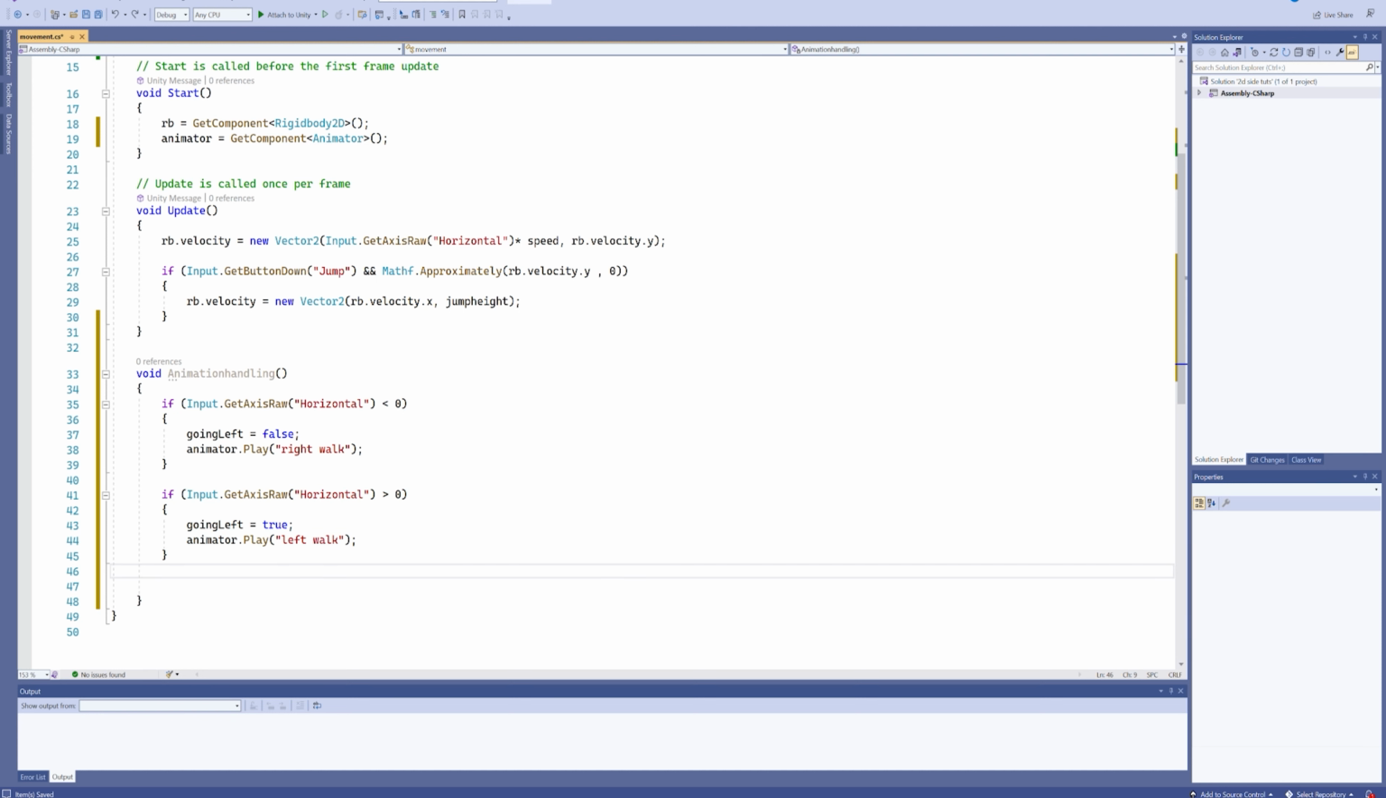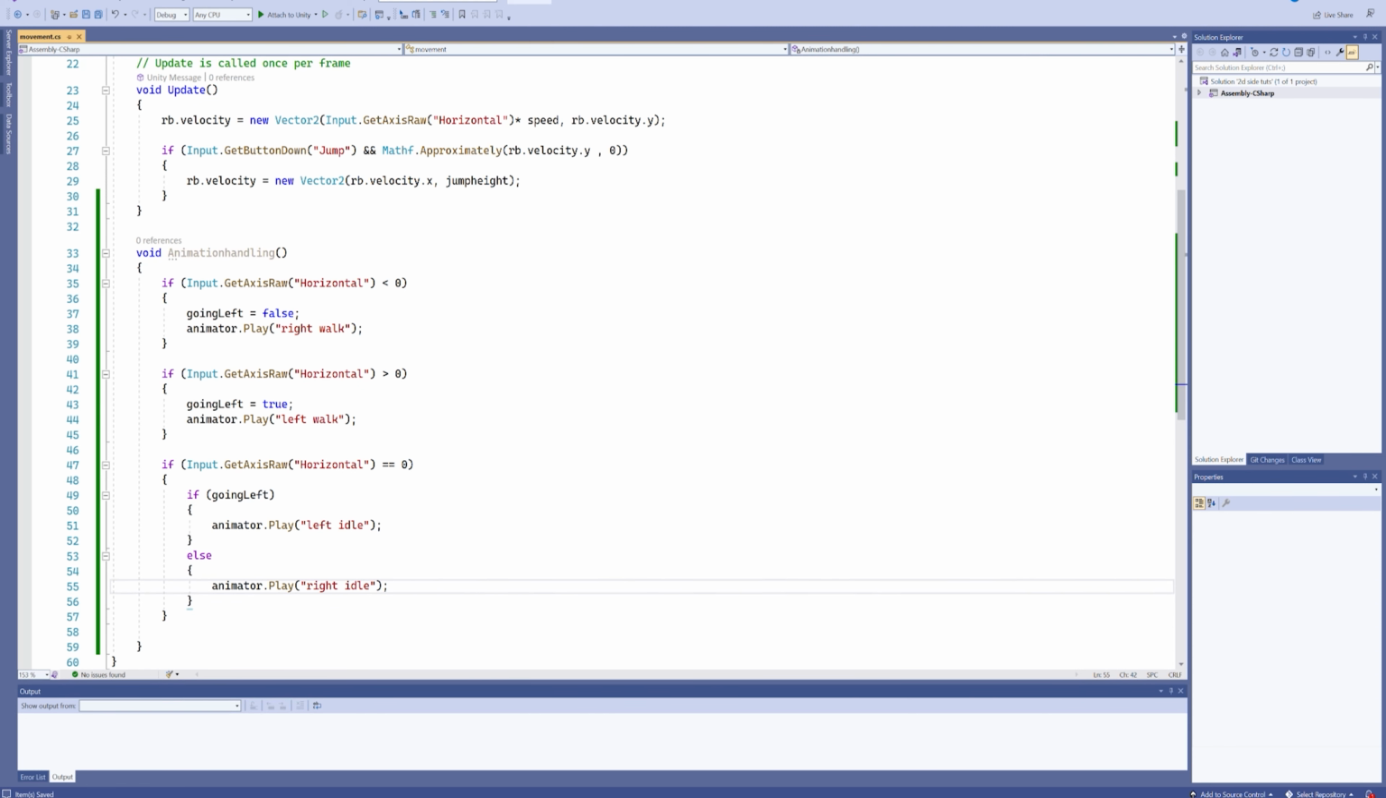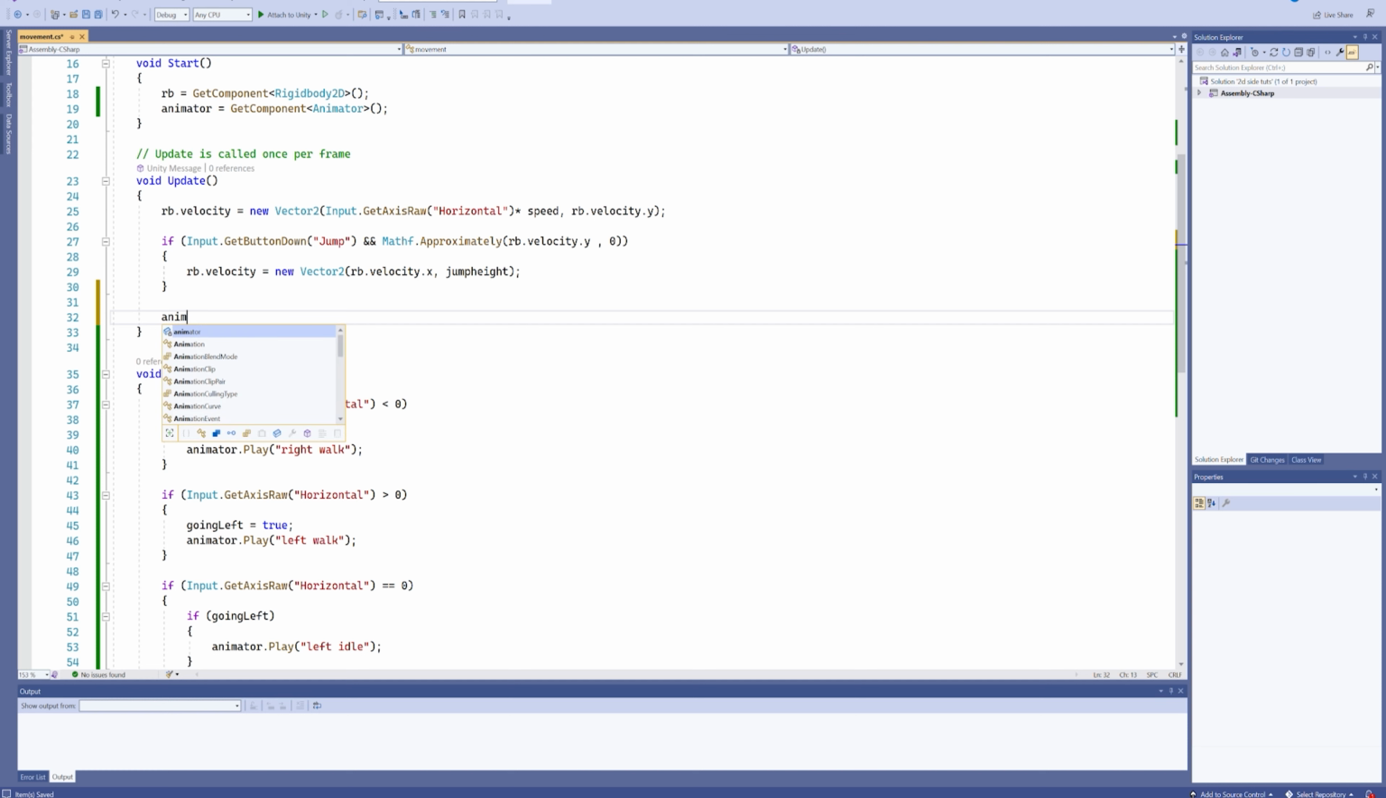Then we'll copy this over again. But instead of checking horizontal axis raw being greater or less than, we're just going to check if it's exactly equal to 0. So if there's no input going on whatsoever. And we'll nest that with another if statement. And within this if statement, we'll just check for going left. Because if we are going left, we'll play animator left idle. And if we're not going left, so we can just do an else here, we will play right idle. And finally, once we've done all that, we can say animation handling at the end of our update